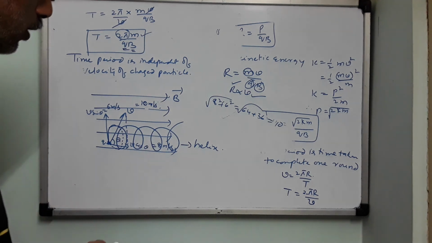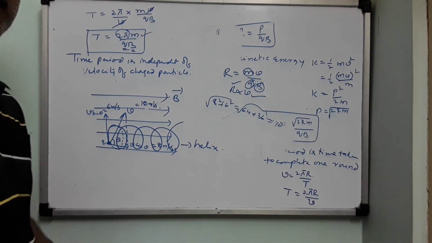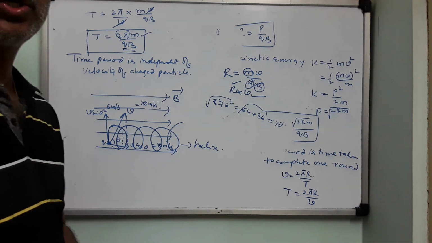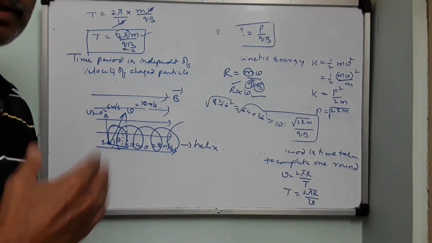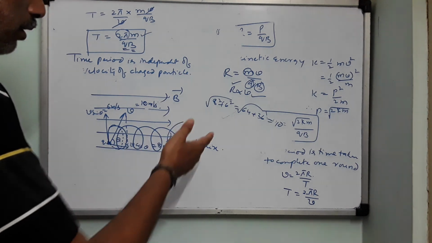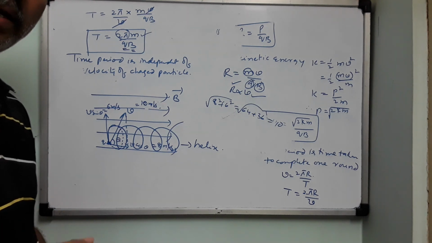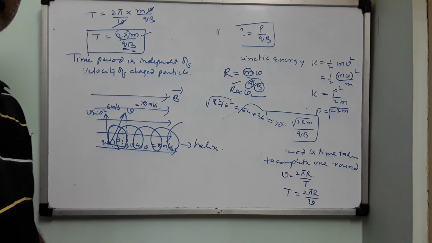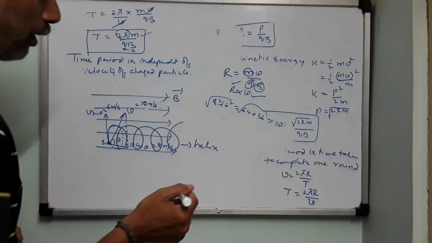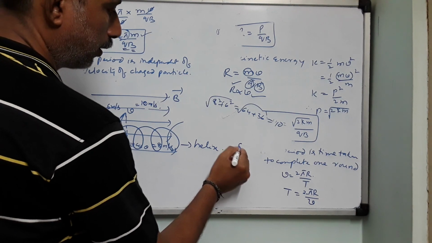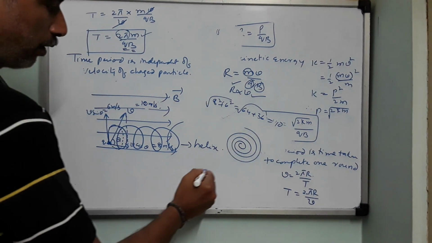Clear? So this was a 1 mark question. A charged particle is fired at an angle into the magnetic field other than 0, 180 and 90. What is the path of the charged particle in the field? Higher spiral path, helical path, circular path, or straight line. There is a confusion between spiral and helical. Spiral means this is spiral, children. This is spiral. And if this is only circular,